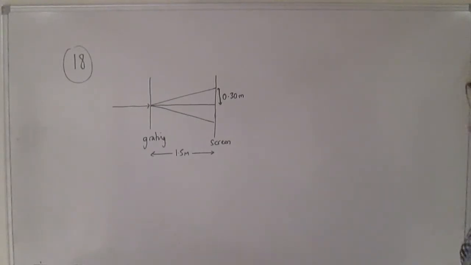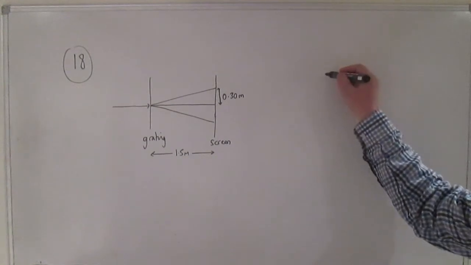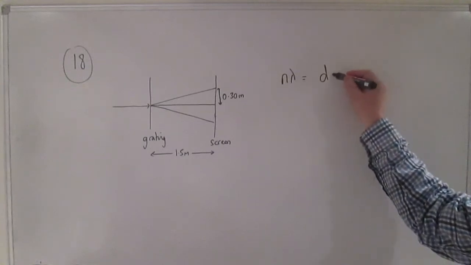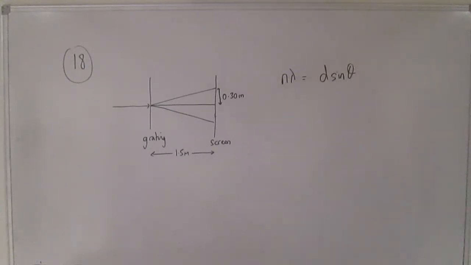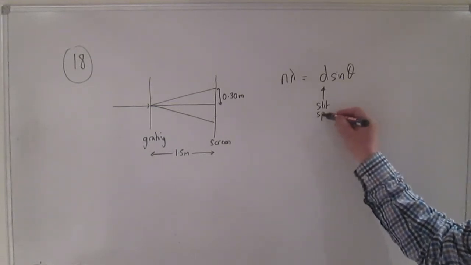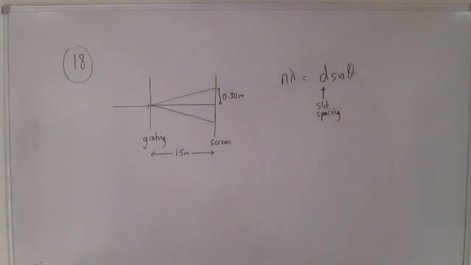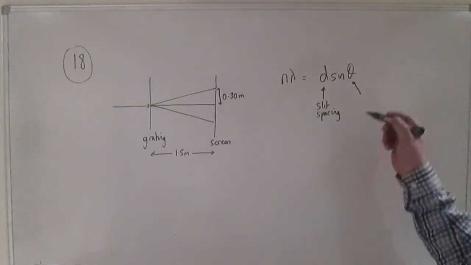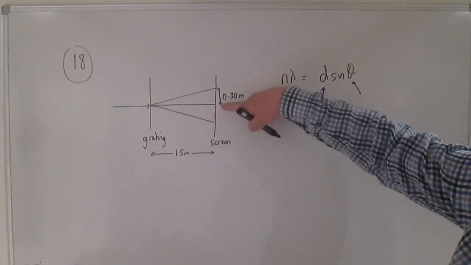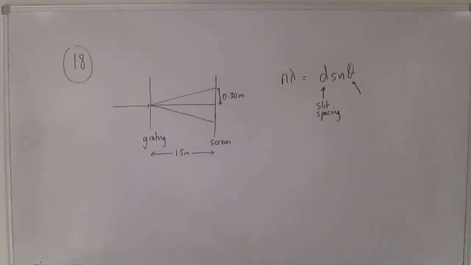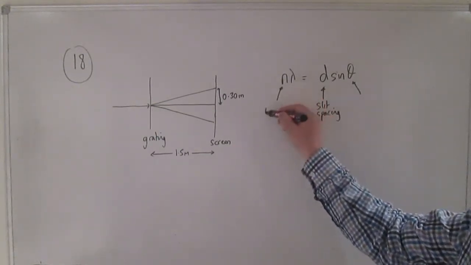So question 18 is a diffraction grating question, and the key equation in diffraction grating questions, on your data sheet, is n lambda is d sine theta, where d is the slit spacing or the line spacing on your diffraction grating, and theta is the angle between the 0 order peak and the nth order peak. And in this case we're talking about the first order peak, so n is equal to 1 in this case,